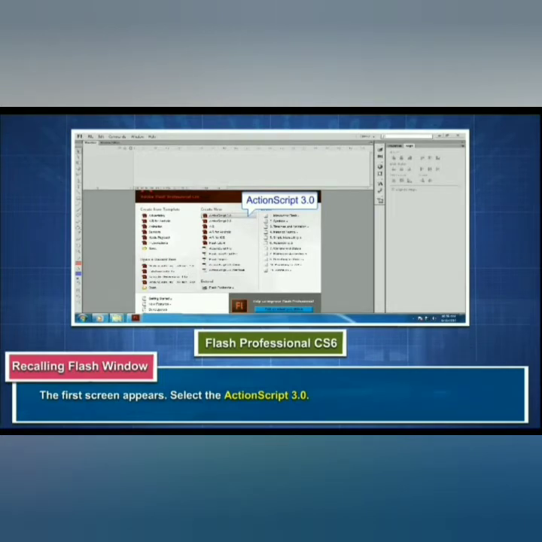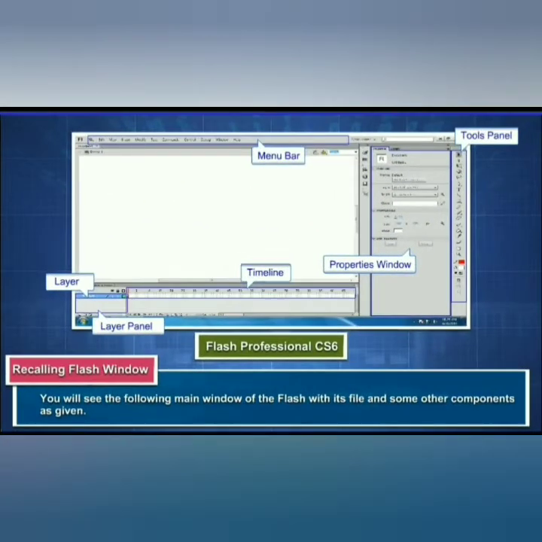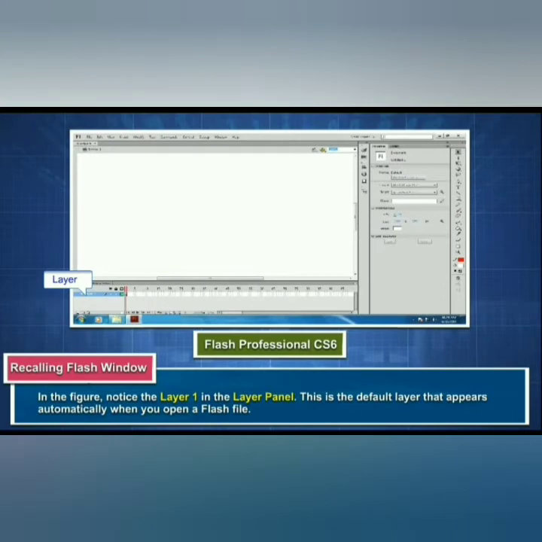Select the ActionScript 3.0. Now next step, you will see the following main window of the Flash with its files and some other components as given.